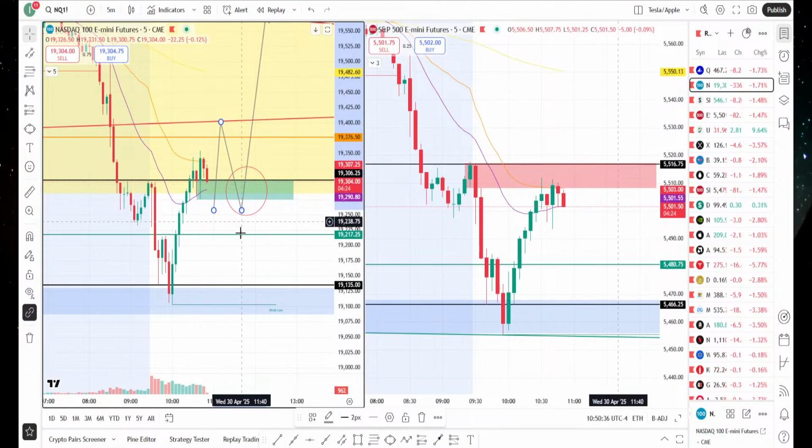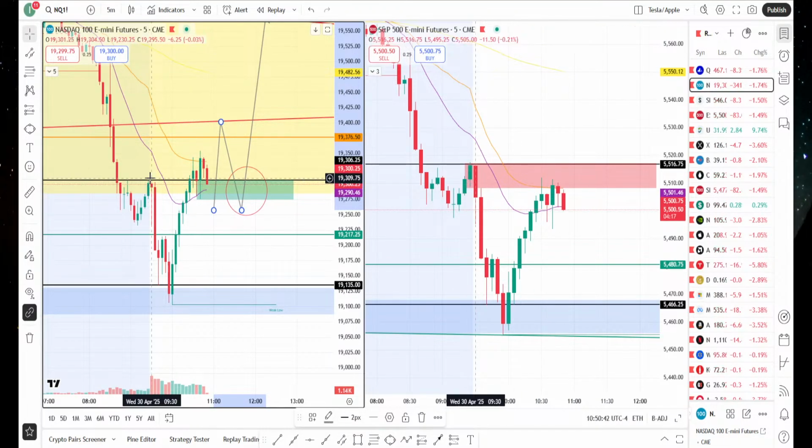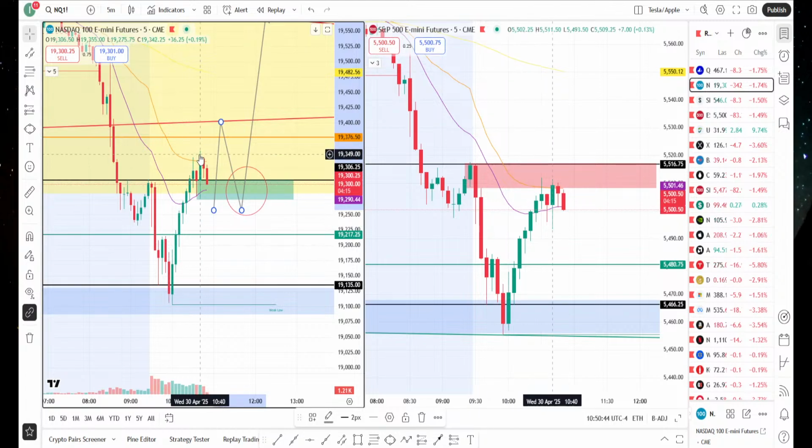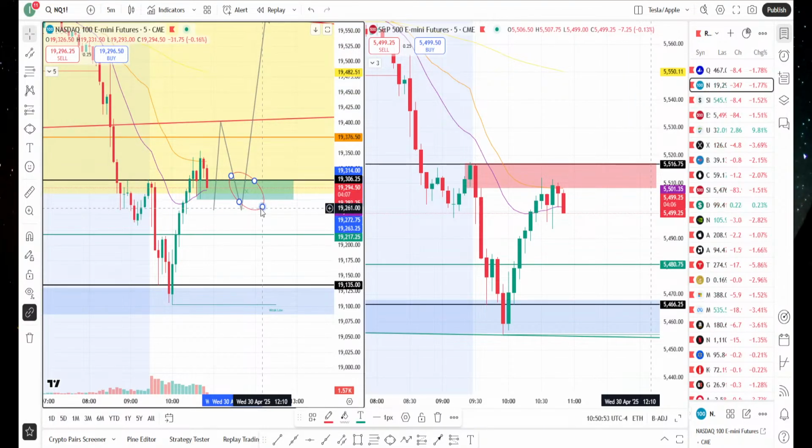I don't know where it's gonna come down to, but if we create a higher high, this is a high. This is a lower high, higher high. So if we create another higher high, I'm looking to pull back, so then I can buy where it looks to be a strong